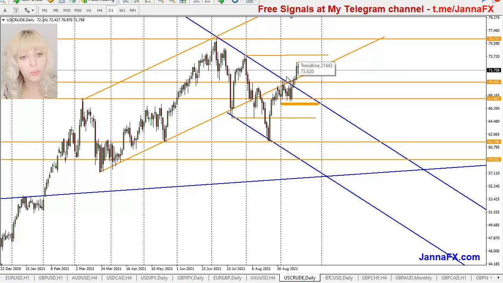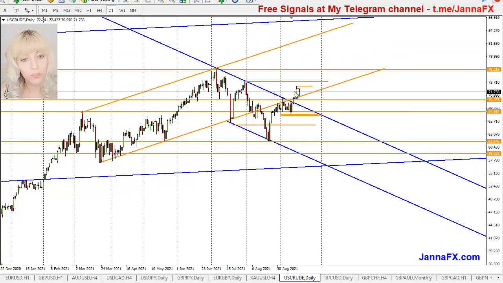Even so, yeah, okay, it went back inside this channel. Okay, it did go in, but it only just broke. We saw with the other pairs how it happened. They broke in and then they came back. Like we saw the euro dollar and the pound dollar, they went into all those areas of uptrend channels, but they all came back afterwards, right? So there's no way you know exactly where it's going. Of course, follow the news, see what is going on out there.